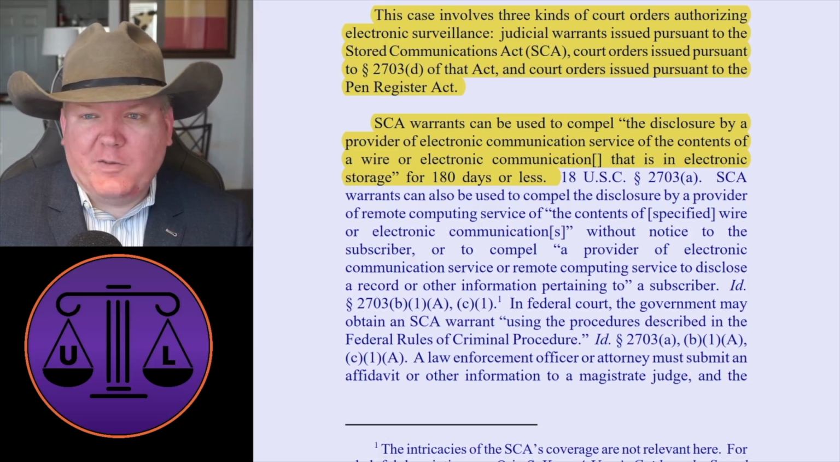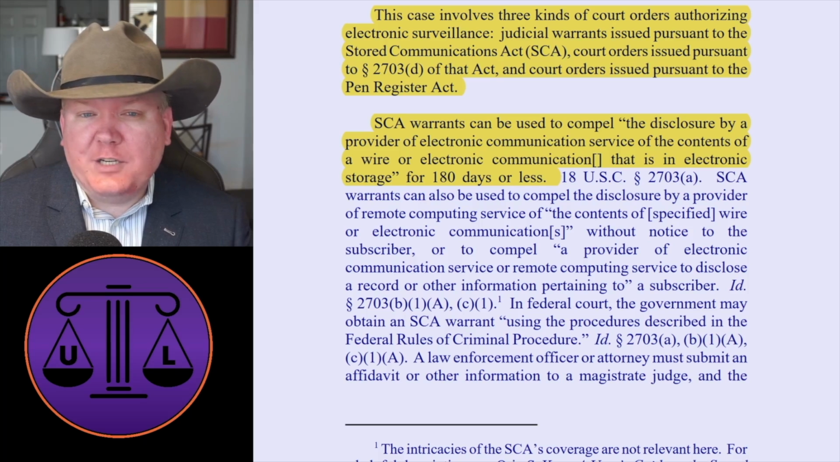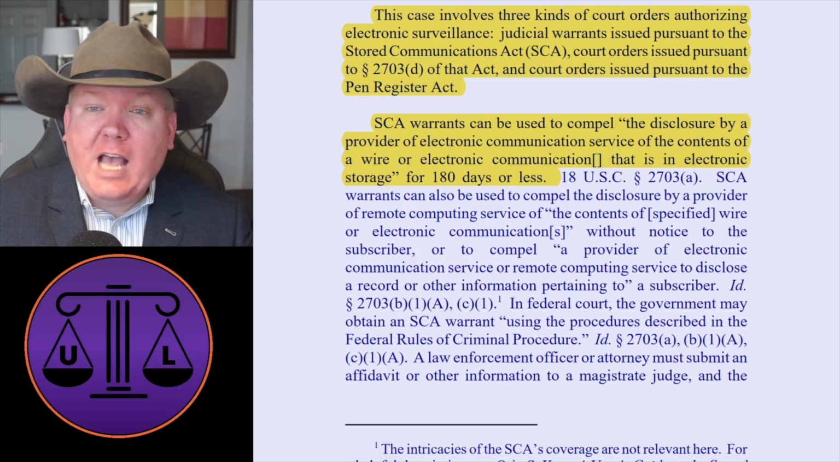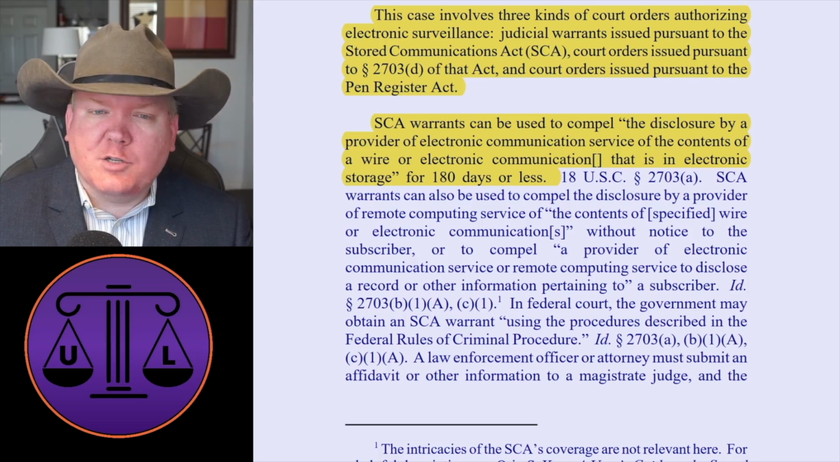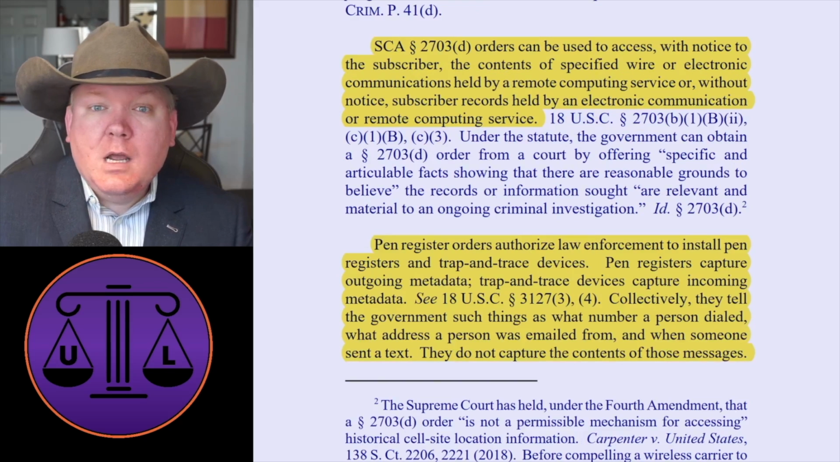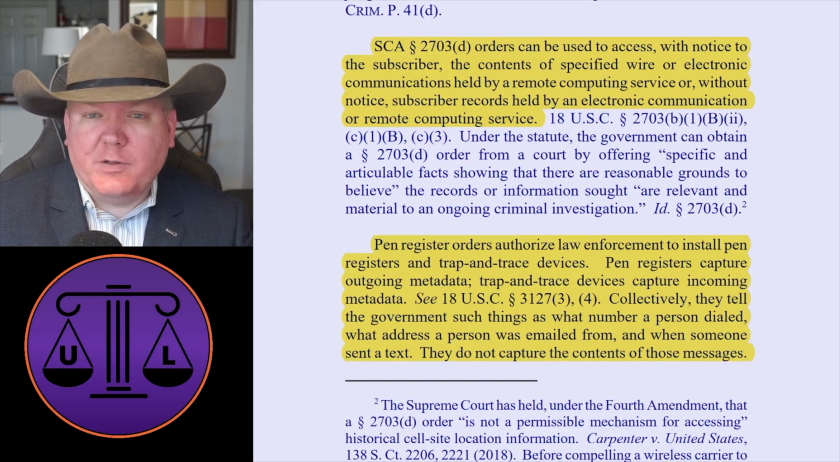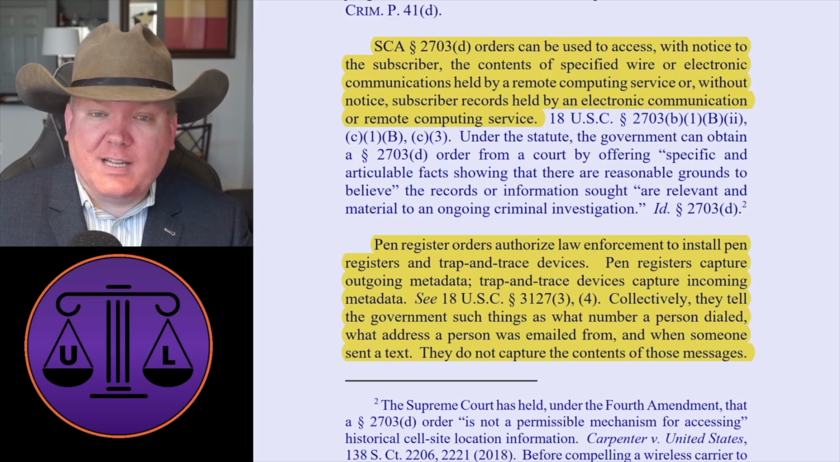This case involves three kinds of court orders authorizing electronic surveillance: judicial warrants issued pursuant to the Stored Communications Act, court orders issued pursuant to Section 2703 of that act, and court orders issued pursuant to the Pen Register Act. The Stored Communications Act can be used to compel the disclosure by a provider of electronic communication services of wire or electronic communications that are in storage for 180 days or less. The Section 2703 orders can be used to access, with notice to the subscriber, the contents of specified wire or electronic communications held by a remote computing service, with or without notice, subscriber records held by an electronic communication or remote computing service. And then finally, the Pen Register Act authorizes law enforcement to use a pen register and a trap and trace